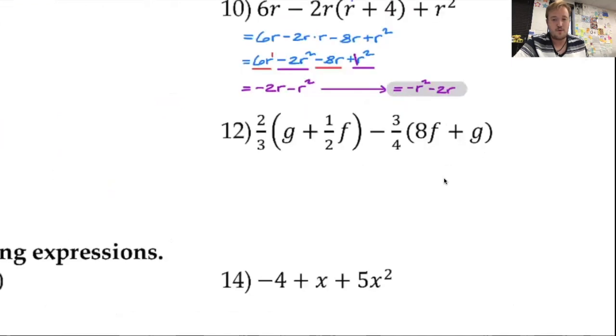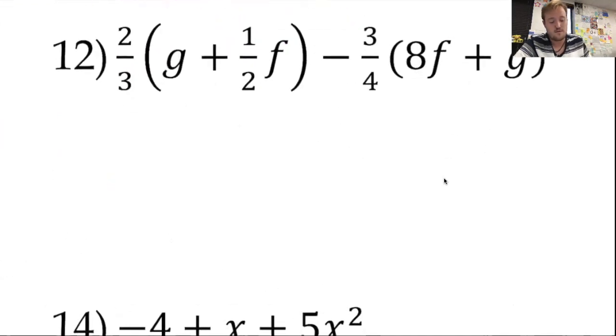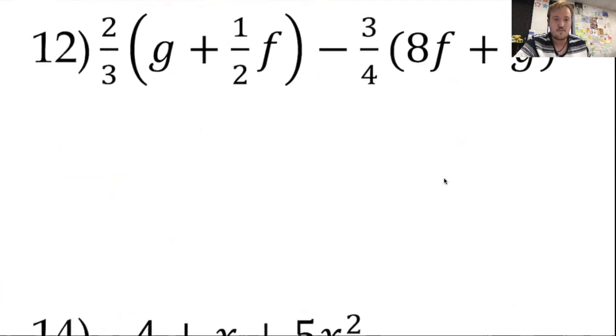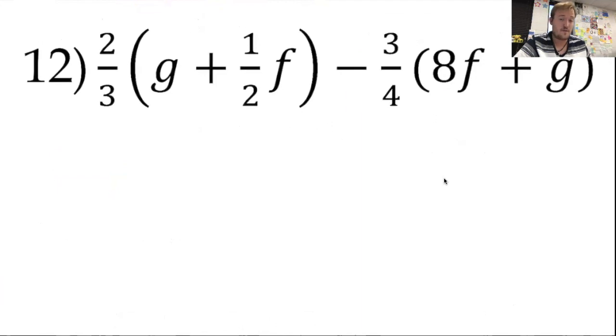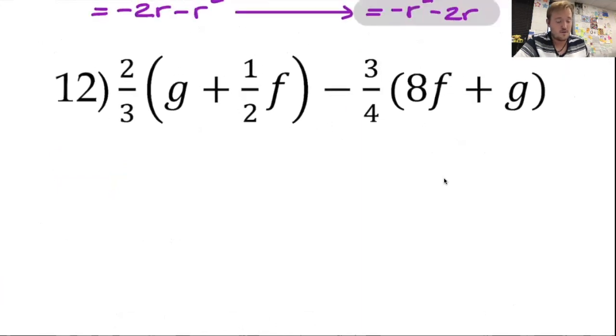All right, number 12. This one's going to be a bit lengthy just because of how much it requires. We have two values in this case that we have to distribute. We're going to distribute this 2/3 to everything in the first set of parentheses. Then in the second set of parentheses, we're actually distributing a negative 3/4. So to start off,